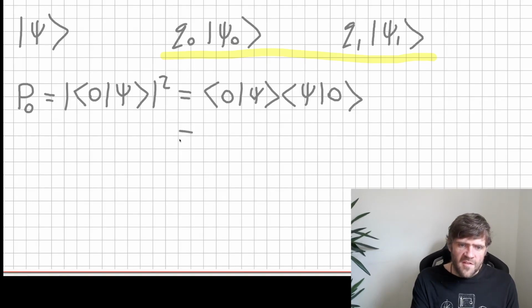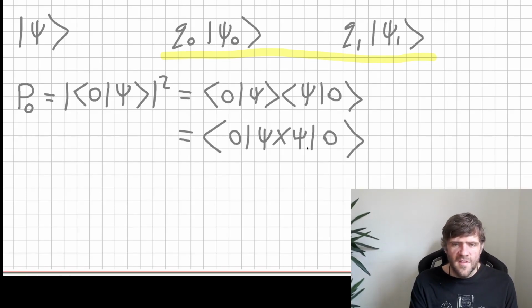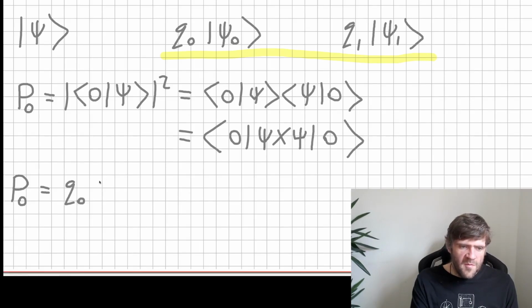which can be reimagined as the inner product of our state sandwiched between these zeros. So in the case that we have the probability of 0 overall is equal to the probability that we have been given some state q0 multiplied by the probability that we get 0 given that we've got q0, plus the probability that we've got q1 times the probability that we get 0 given that we've got q1, then this can be written